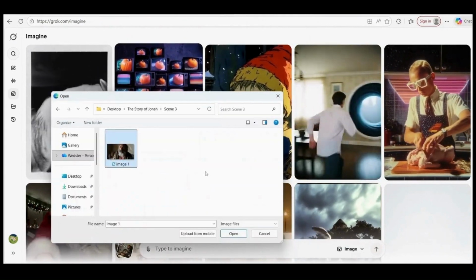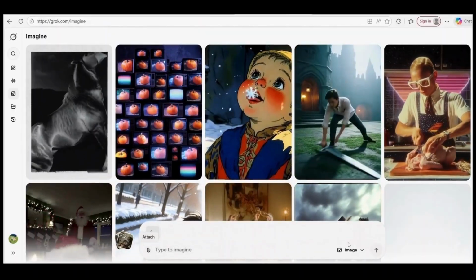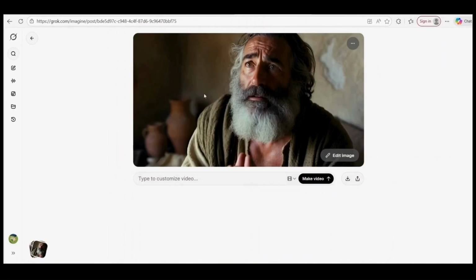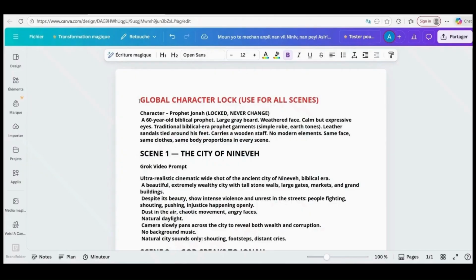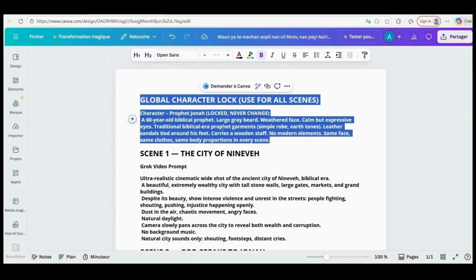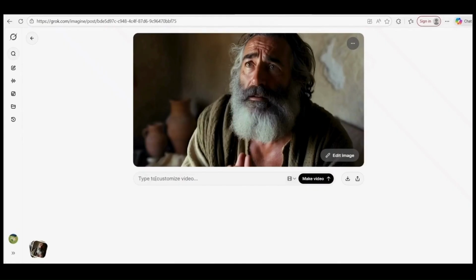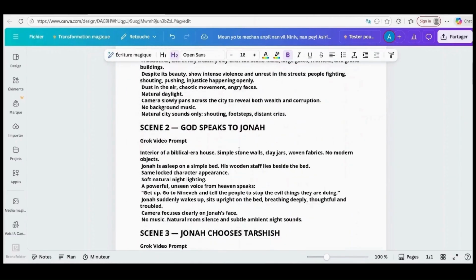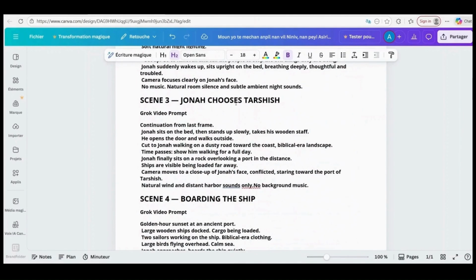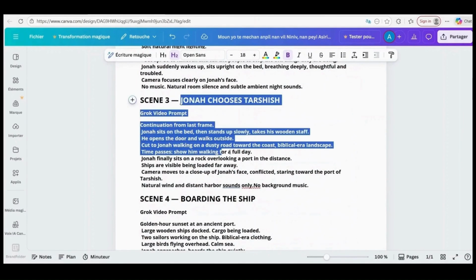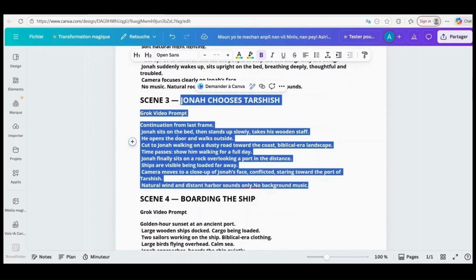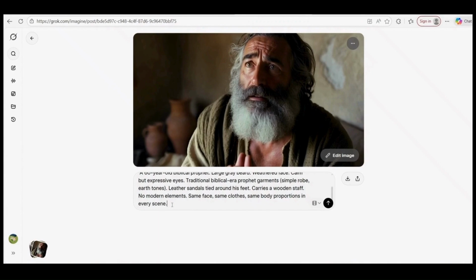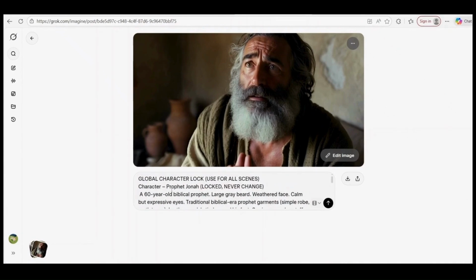I return to Grok, upload the image, paste the global character lock, copy scene 3, then paste the text for scene 3.